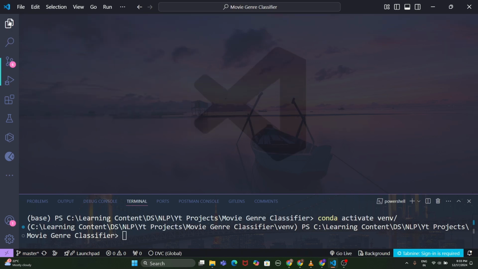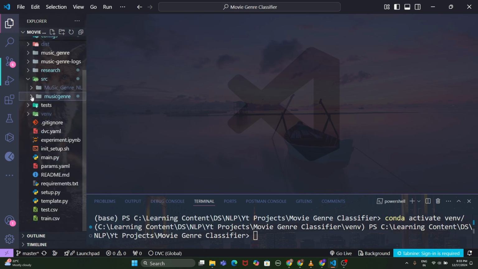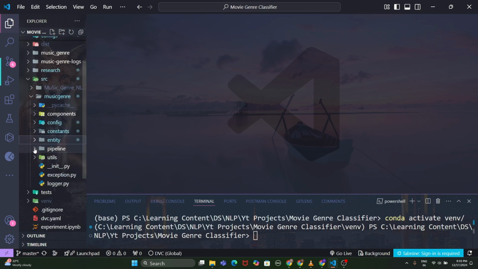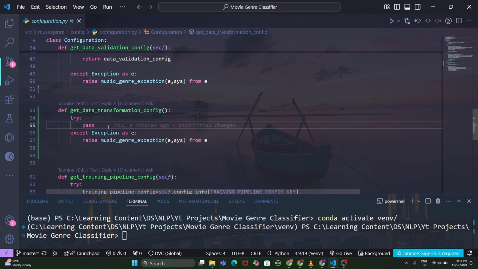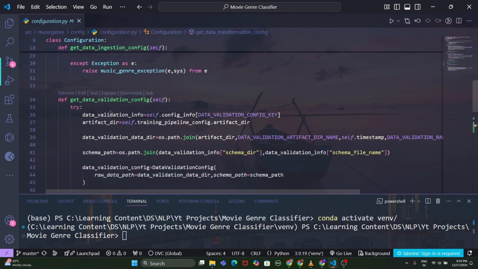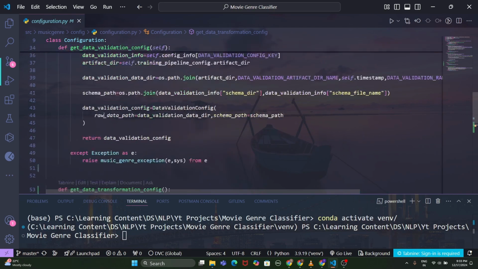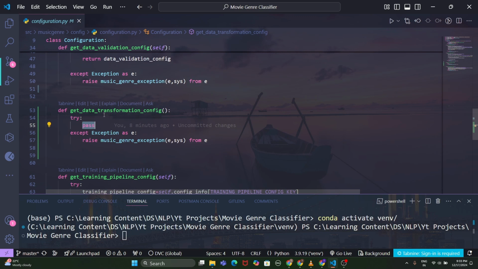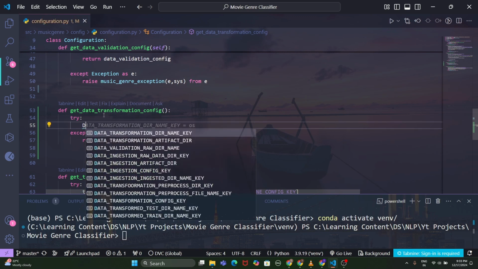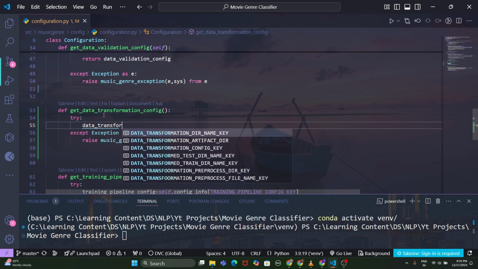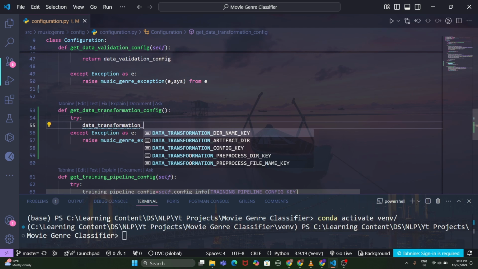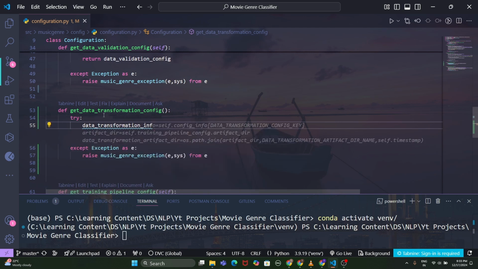So if we close all this, and come here, close all this, come here. Entity also close and come config. Yes. So I think we can start with this part. So let's first write, see how we started here, each and every step. If you see, same way we need to do here. So let's start like data underscore transformation underscore info equal to,